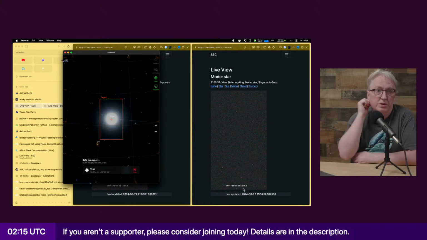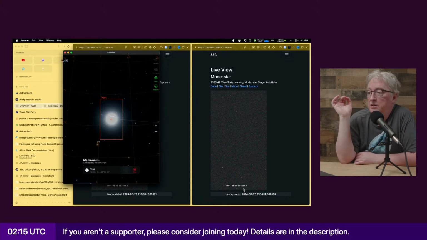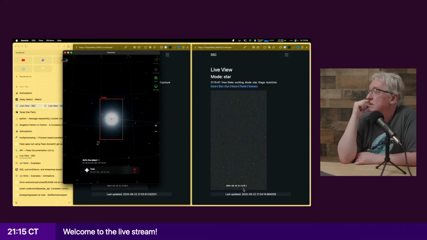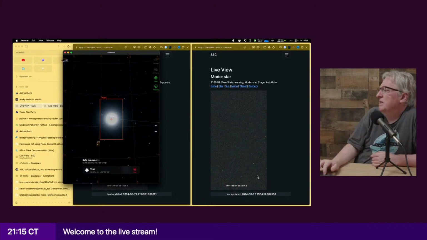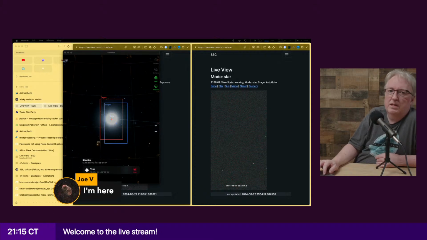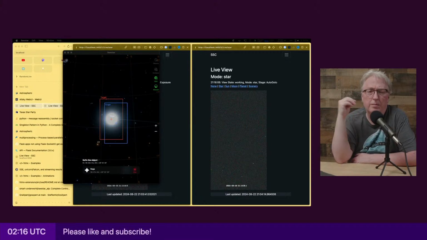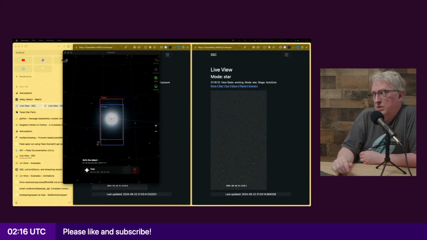We'll see how well things go today or not because of the clouds. I don't know if Jovi's still there, but one other thing, if I can actually start imaging before you drop off, one thing that I added, yeah, it updated. That's interesting. Oh, it seems like it's behind because I don't see it moving. Okay, you're here. It's not earth shattering, and you can always see it on another day. I probably won't be able to live stream tomorrow evening because of weather, but I might be able. Saturday is looking kind of okay, maybe.